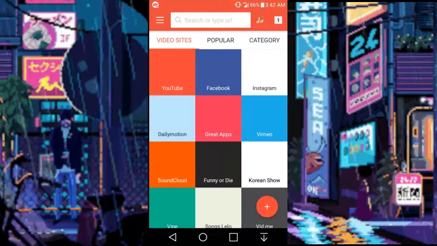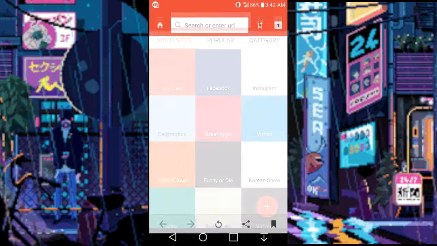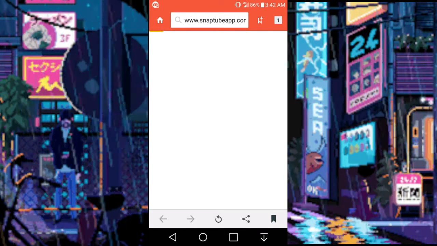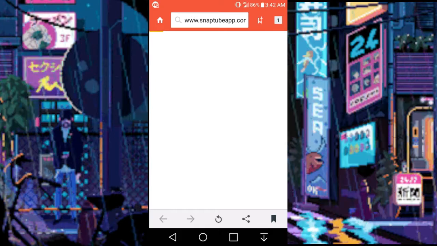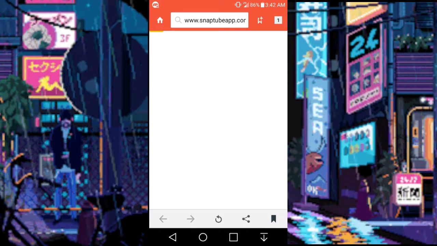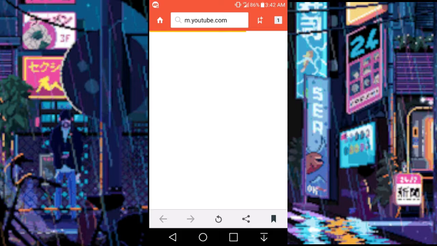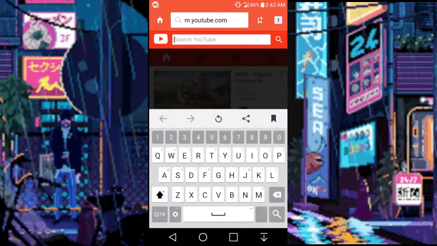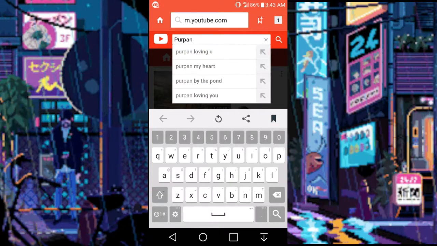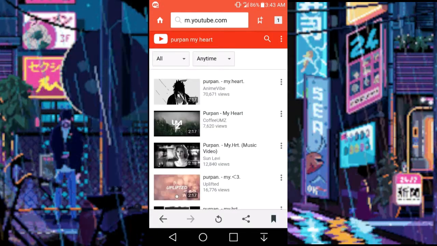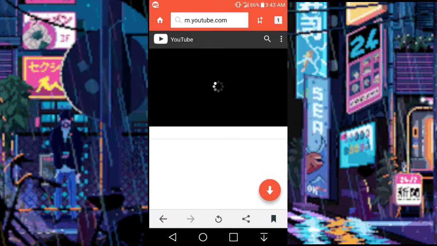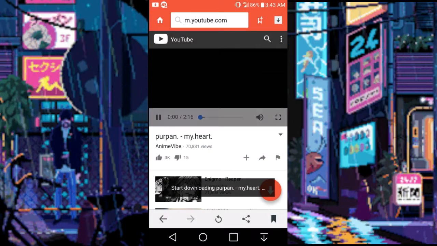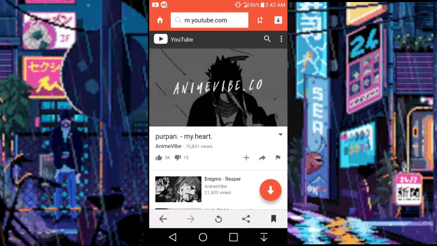Now with Snapseed, you guys can download videos up to, I believe, 180 or 4K. I'm pretty sure it's 180, but you guys can use this to download videos from YouTube. You guys can also use this to download music. And with the music, I just ask you guys to make sure you're not getting music that's gonna get copyrighted, because then you guys can't make money off YouTube and, you know, put ads on your video. So I'm gonna be using Perpan, My Heart,